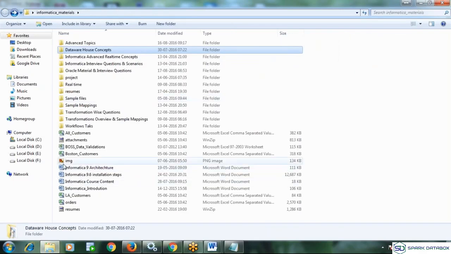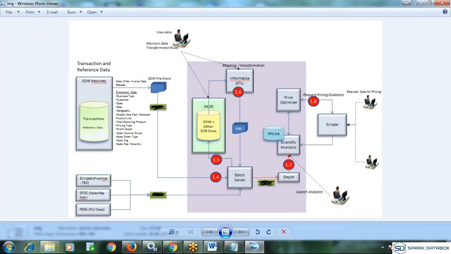Let me show this on a real-time flow. See here, the same thing I explained with the previous diagrams, I can link with this. So you have a transactional database here, and I can call these different OLTP systems. This is the one transactional database, and here it is getting the product hierarchy, the sales information, and some other information. So from different OLTP systems, right?